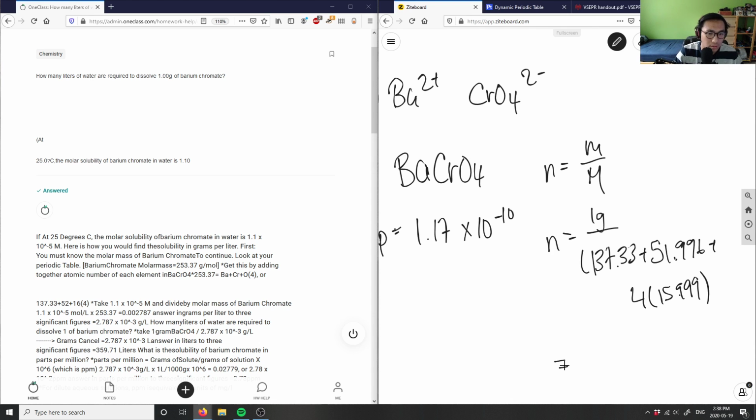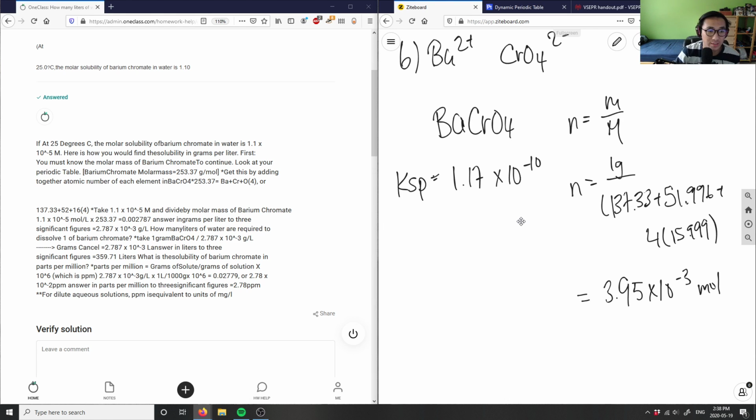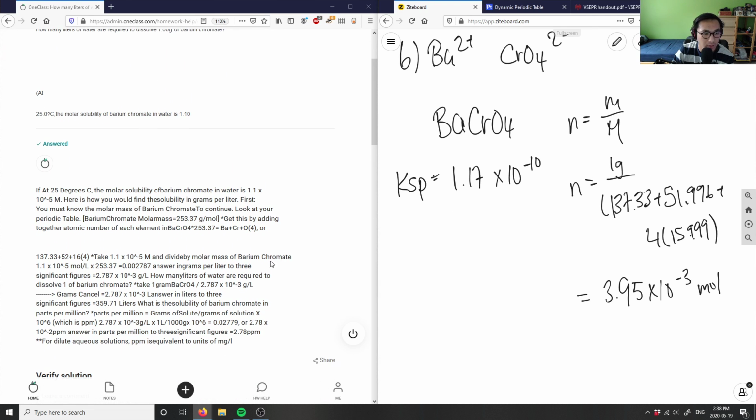So let's see if they got moles here. I don't even think they got moles here, actually. So I don't know if they got the question right. Here, I would have gotten 3.95 times 10 to the negative 3 moles. And now I have the moles of barium chromate. What I can do now is use my KSP value here, right? What I want is the volume, right? Okay, so I have 3.95 times 10 to the negative 3 moles, and